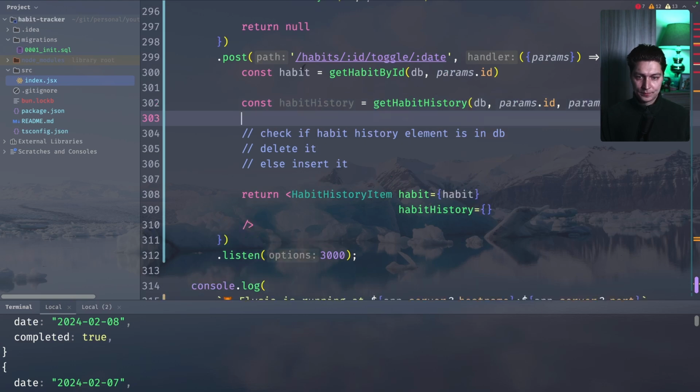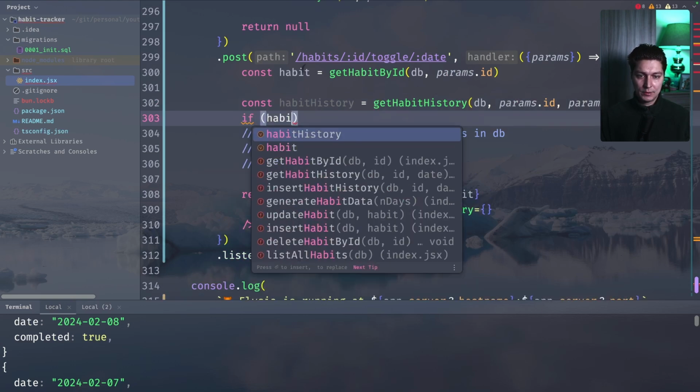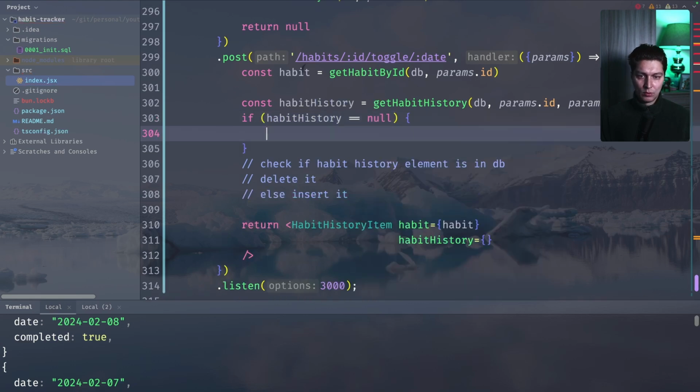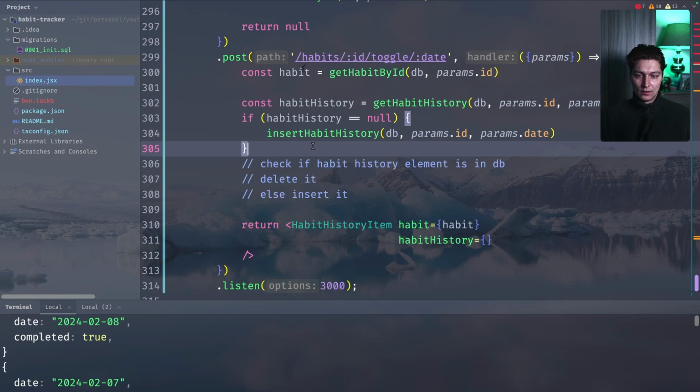And then if habit history is null, we want to insert habit history. And we want to do in db, basically same params. Else we want,